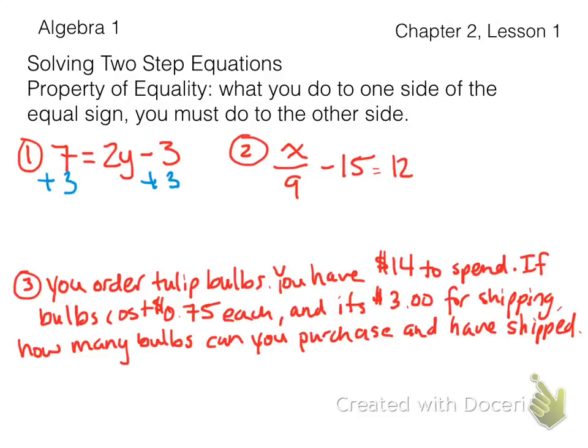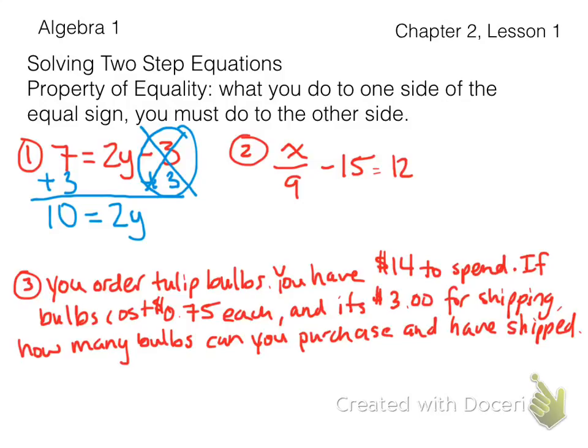I'm going to add 3 on both sides because what I do to one side, I have to do to the other. Since I'm undoing minus 3, I'm going to add 3. Negative 3 plus 3 is 0. But again, since I needed to get 0 on the right side here, what I did to this side to get 0 on the right, I have to do on the left side. So 7 plus 3 is 10. And since this minus 3 plus 3 is 0, I've just got the 2y left over. All right, so now that I've simplified this down to 10 equals 2y,